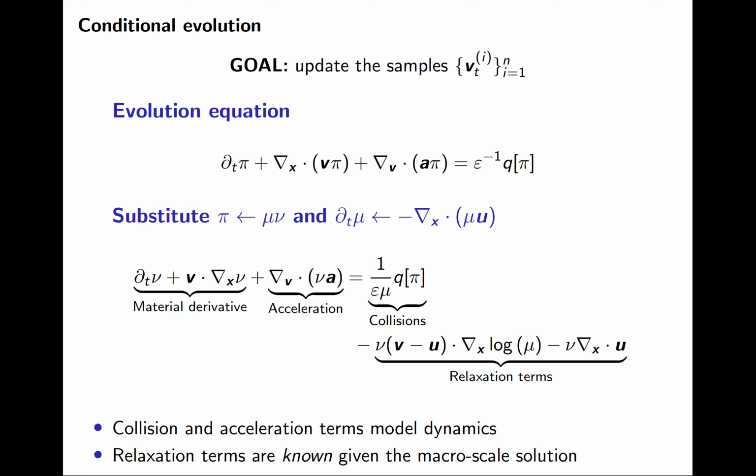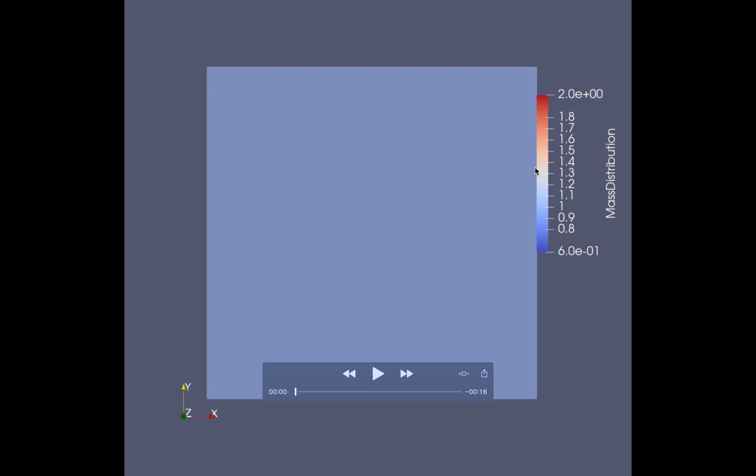So now at each point, at each of these key points in the domain, we're going to use this conditional evolution equation to define how these particles will evolve in the velocity coordinate. So they're at a fixed point in space, and they evolve in the velocity coordinate according to this conditional evolution equation. Now I'm going to show some initial results that demonstrate this numerical method to solve the Boltzmann equation.